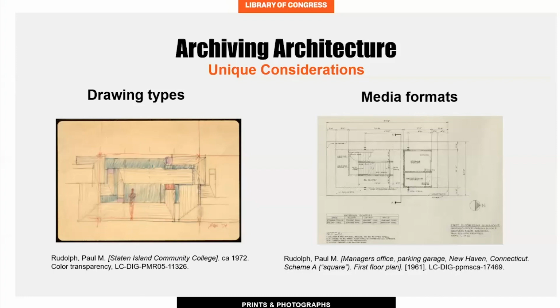Architectural items present unique challenges for archivists. A given project requires hundreds of drawings. These works include sketches that show early ideas, highly technical drawings, and polished renderings meant to share the vision with the client. The different types of drawings serve different purposes and are intended for specific audiences. For example, you'll see on your left an early sketch, and then on your right a floor plan with much more detailed measurements. Identifying the type of drawing is important for understanding the information it is meant to convey.